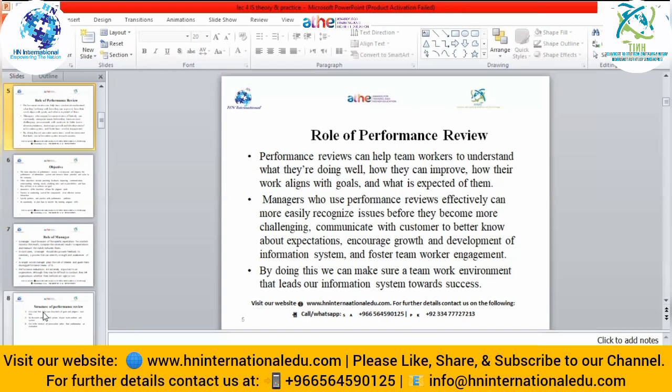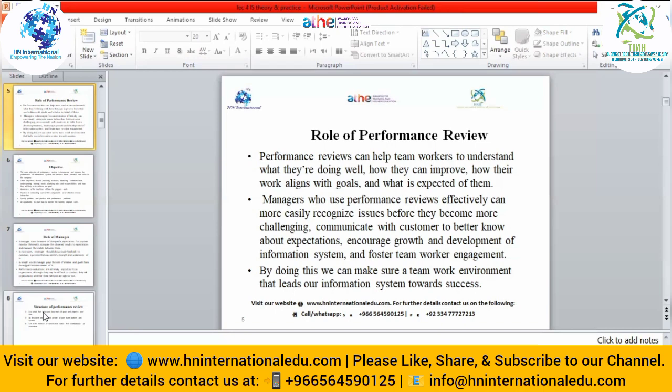In that discussion, the manager will tell them what they are doing at the best level. What are their plus points? A good way to start our discussion is from the positive points. After that, the manager will discuss how they can improve their performance, in which areas they are weak, and then tell them how they can update their skills related to the goals of the organization, or according to the project on which they are working. So the manager will tell them what the organization demands from them.